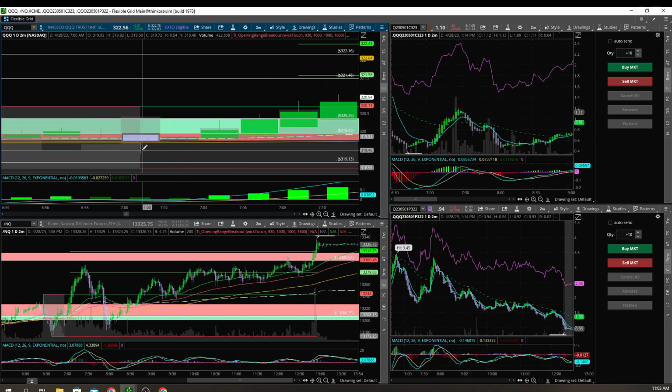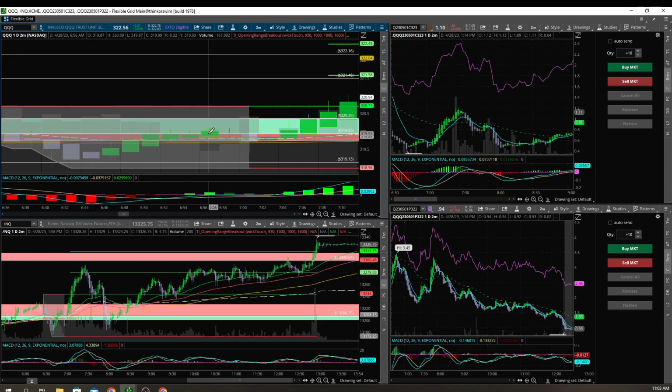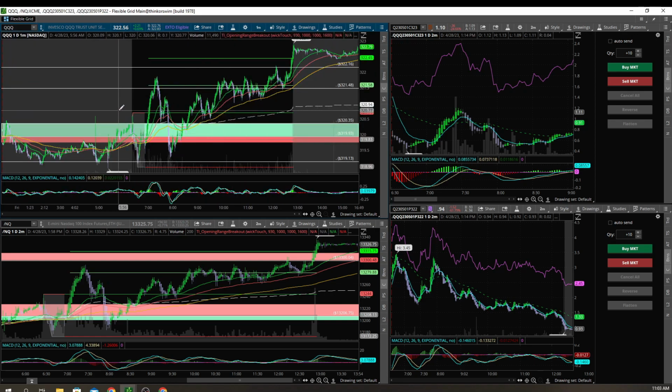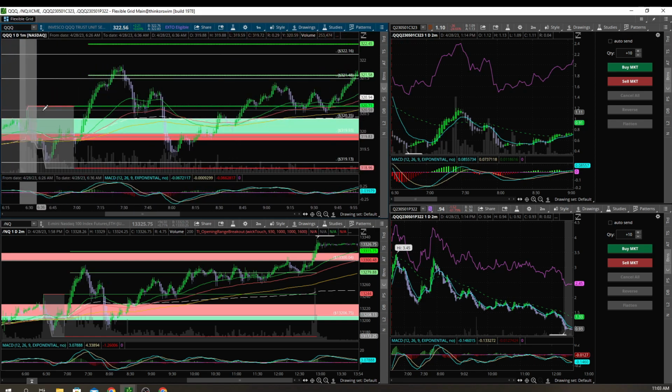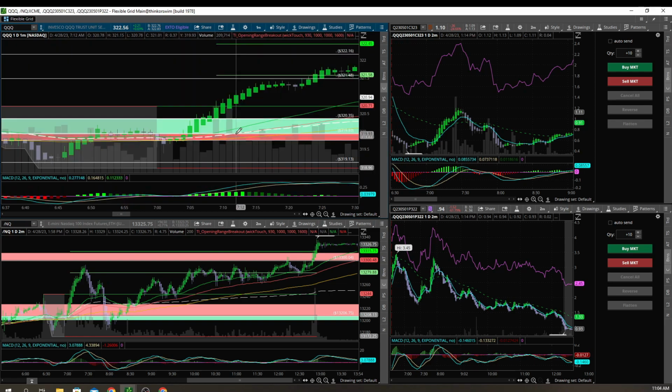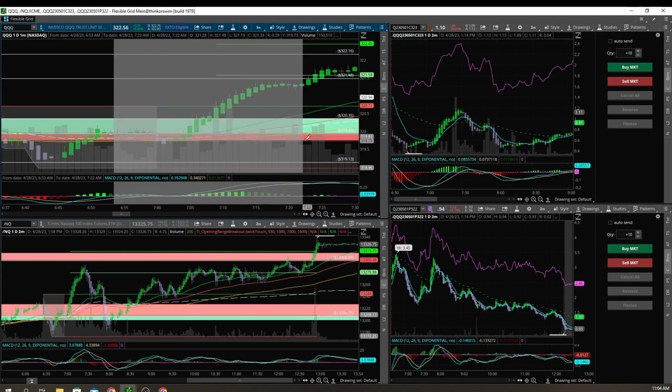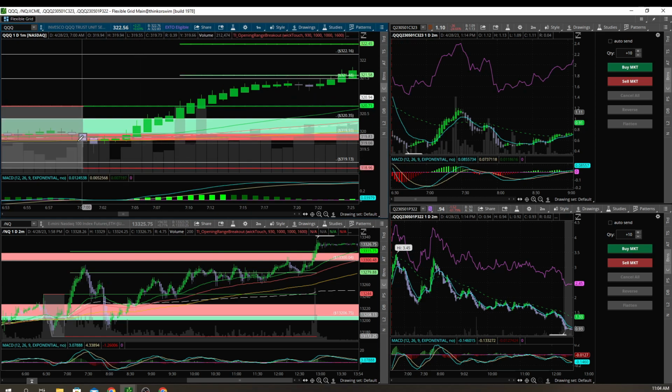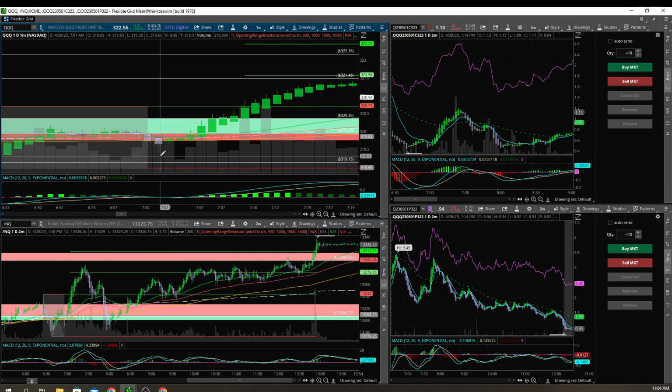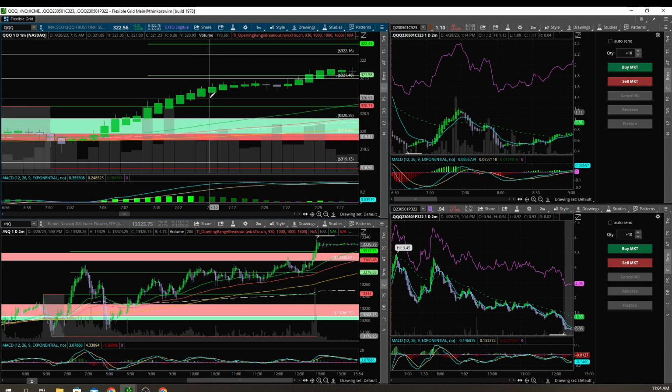You could have got in around here, but it's going to scare you a lot more. You see this massive wick we had? You would have exited on that because it broke back below the stop, but it immediately turned back up. And if we check that out on the 2 minute, the 1 minute, the massive wick, and then the turn back up. So this kicked a lot of people out and grabbed liquidity to go higher. That's all it was doing here. It faked you out so it could grab some liquidity from you and then immediately ran back to the top.